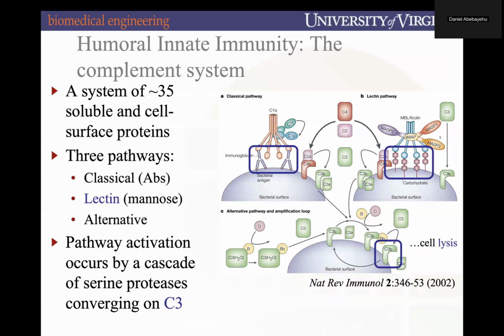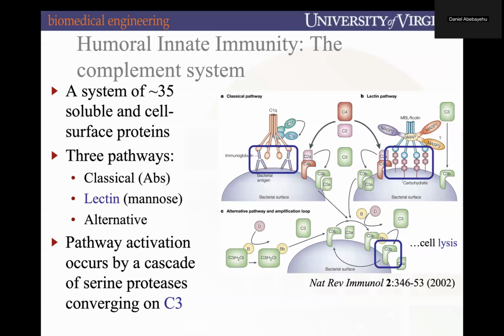And despite perhaps feeling like you're drinking from a fire hose with this alphanumeric soup, the key takeaway here is that complement is the humoral immune response in innate immunity. There's three pathways that are involved with it. The classical pathway initiates with an antibody binding to the surface of this pathogen. The lectin pathway initiates with this mannose binding lectin molecule that binds to the mannose on the surface. Excuse me. We have the alternative pathway that's a bit of a feed-forward loop, but all three converge at